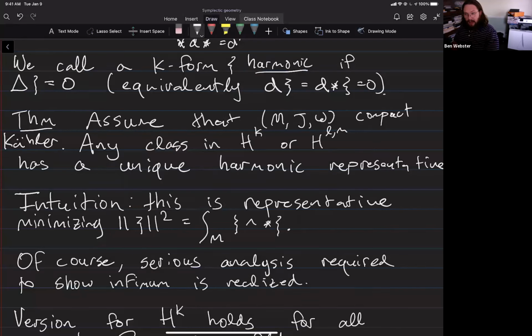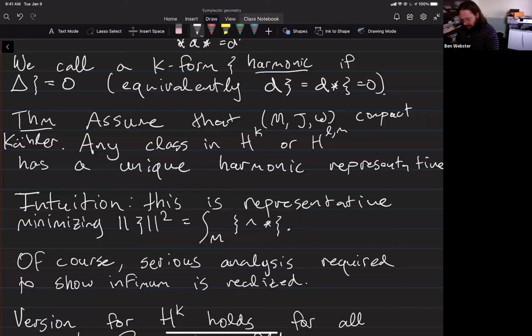Having a volume form and the star operator gives me an inner product on the space of k forms: I star one of my forms, wedge them together, and integrate that over the manifold. If I take something, star it, and wedge it together with its own star,